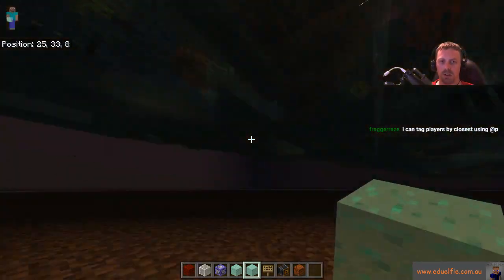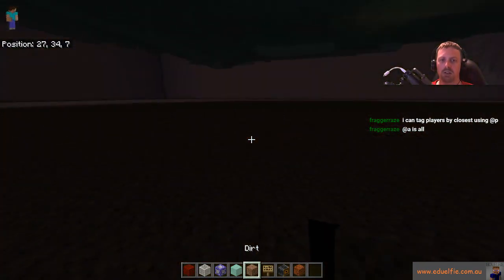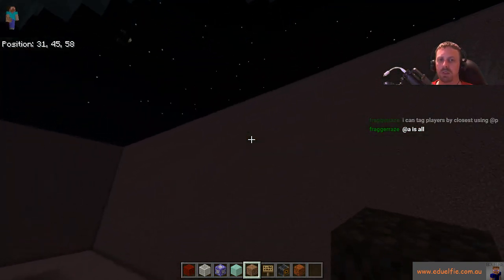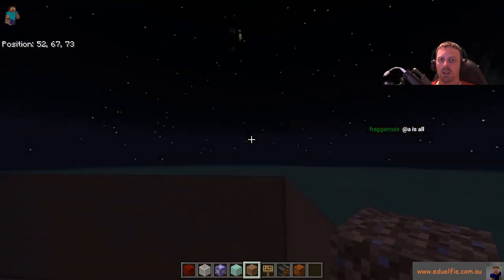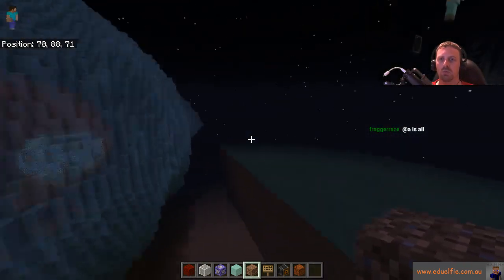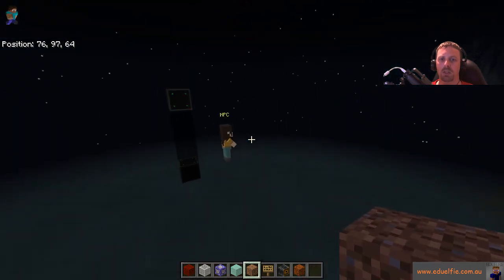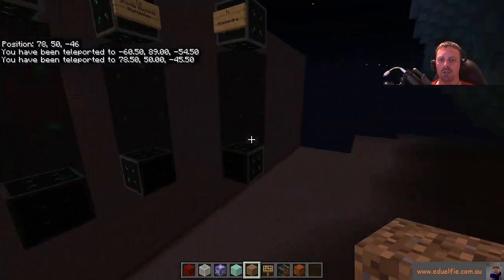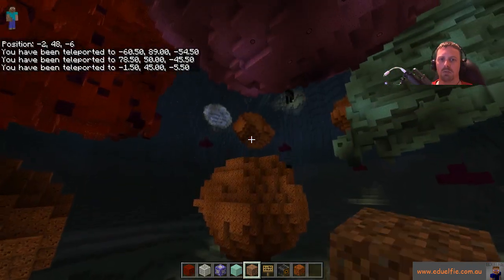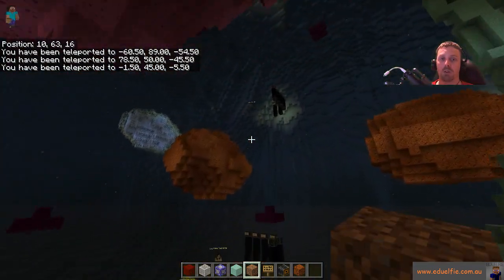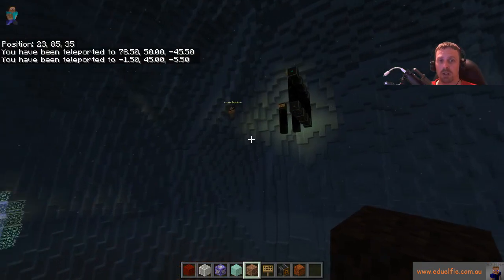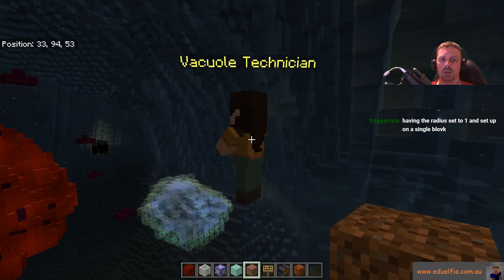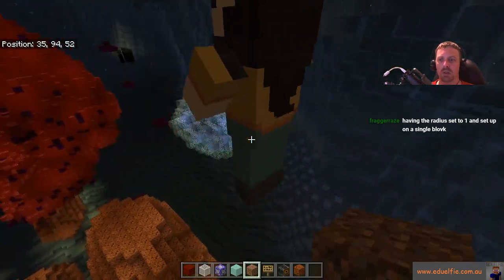Yeah, agreed, you can tag players as if they're the closest one, but how can you guarantee the player you want is the closest one? And that's what sort of worries me about the whisper command as a way of giving students information. From the Vacuole guy up here, it is a whisper. So if there were multiple players in the map and you're standing back here talking to them and someone else is standing here talking to them every time,